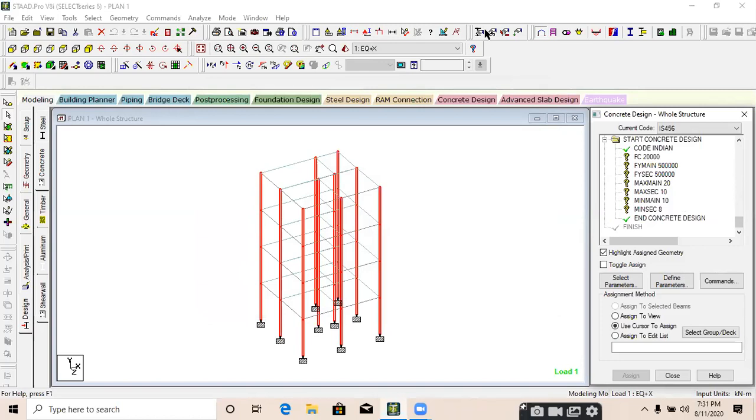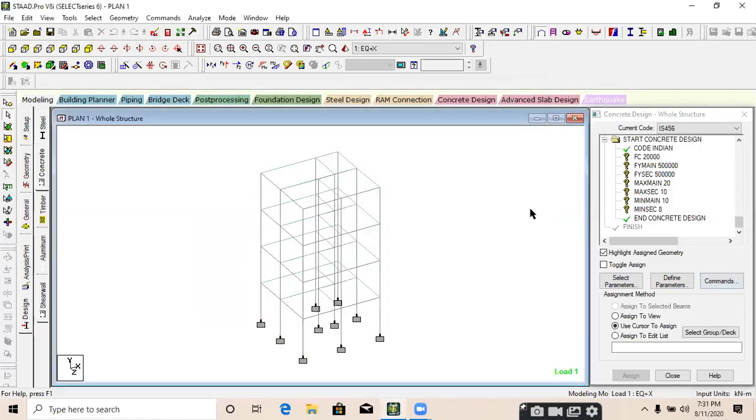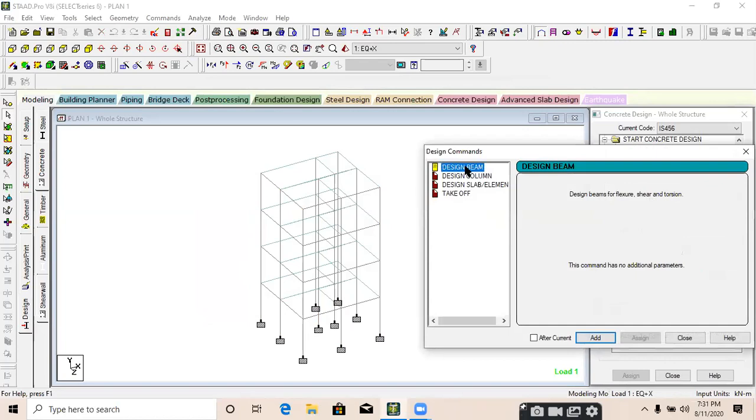Okay, it will show an error. Then go to commands, design beam, add, design column, add, and take off. We are not designing the slab by IS 456. Okay, I'll tell you how we can design the slab also.